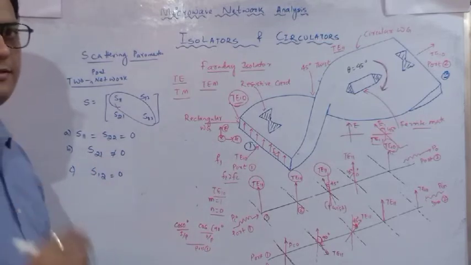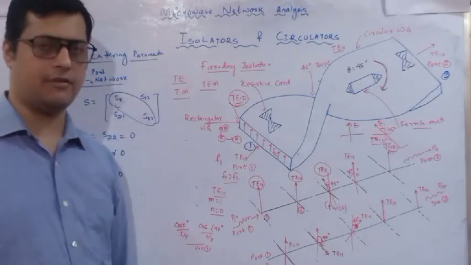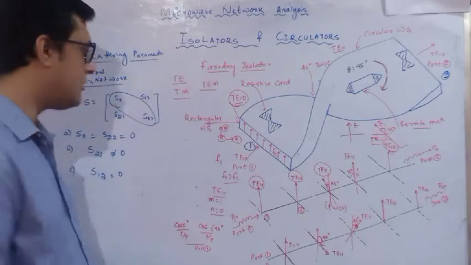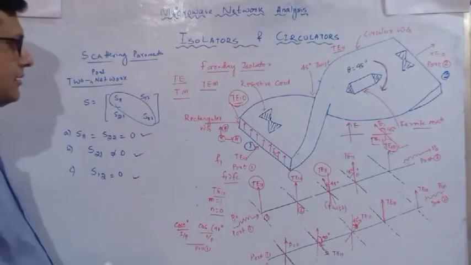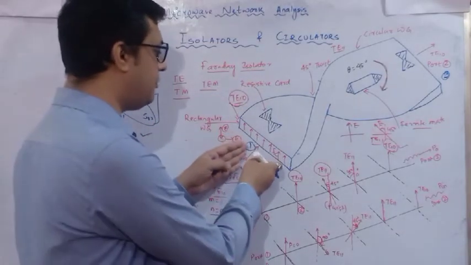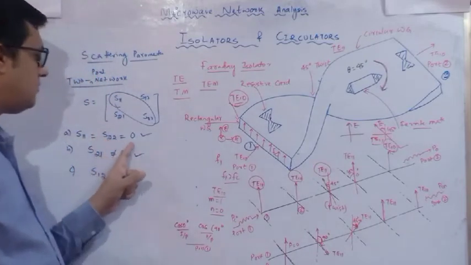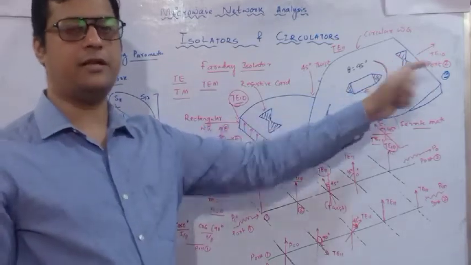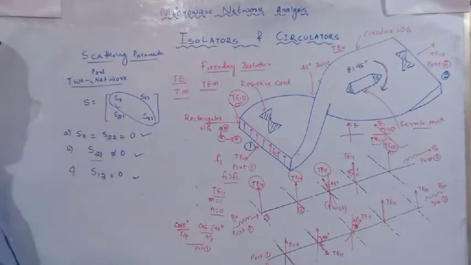It is not a reciprocal network. Remember that reciprocal means S12 equals S21, like that you can analyze, but it is not reciprocal. It provides only a unidirectional path. So these are the certain conditions through which we can measure our scattering parameters. First, if the ports are perfectly matched, maximum power is available at port 1 which is going to be delivered at port 2, which is also matched. So S11, S22 are 0. Power is feeding from 1 to 2, so S21 is not equal to 0.